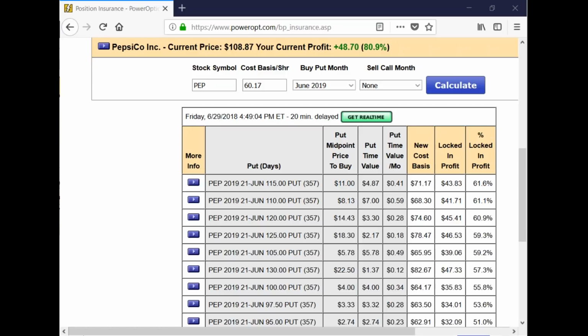But remember, we only got a $1.45 credit for the income method, the ratio call spread of the stock repair. And so in that case, if I pay more than $2 for that put, I've taken away the advantage of the credit in the initial one.